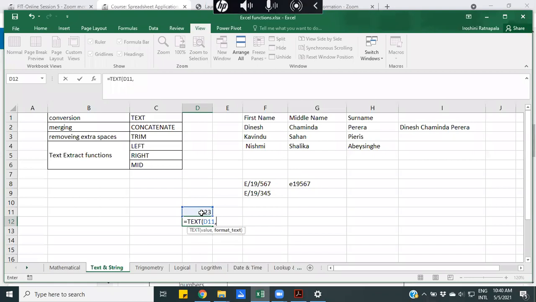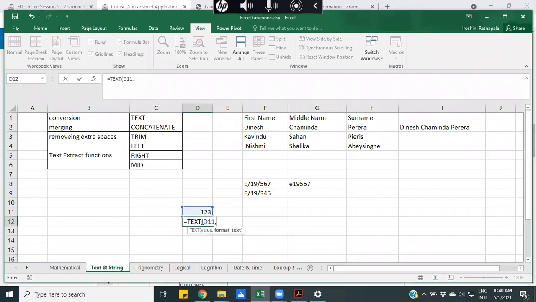We need to convert it to a telephone number. So in such a case, you need to use the text function in Excel. I have put a web page in the course page showing different purposes for which we are using the text function.